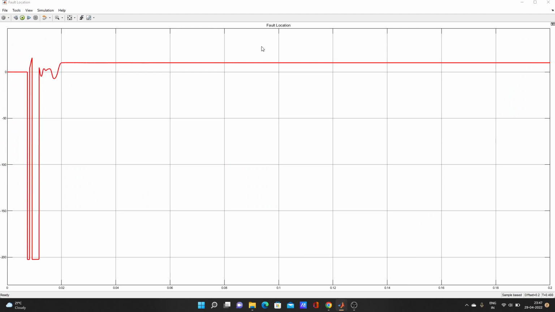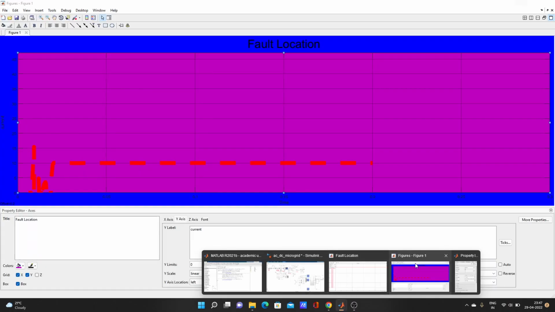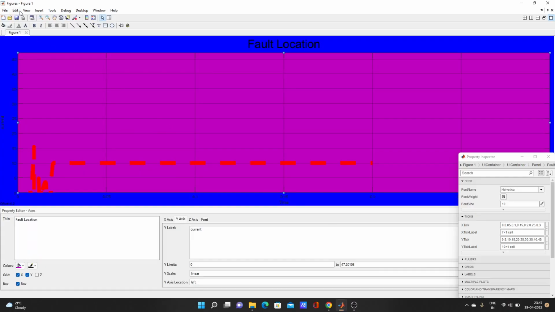First open that scope. Okay, then go to File, then go to Print to Figure. So after Print to Figure, this window will come, Figure 1, and from here go to View and click on Property Editor. Okay,